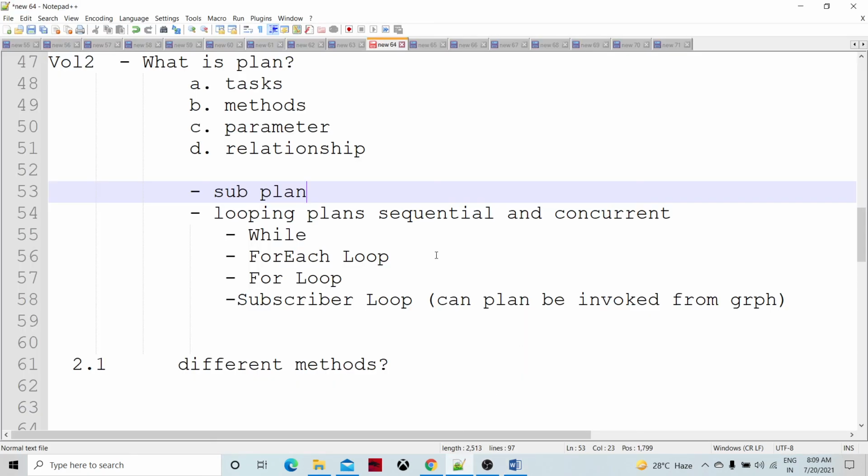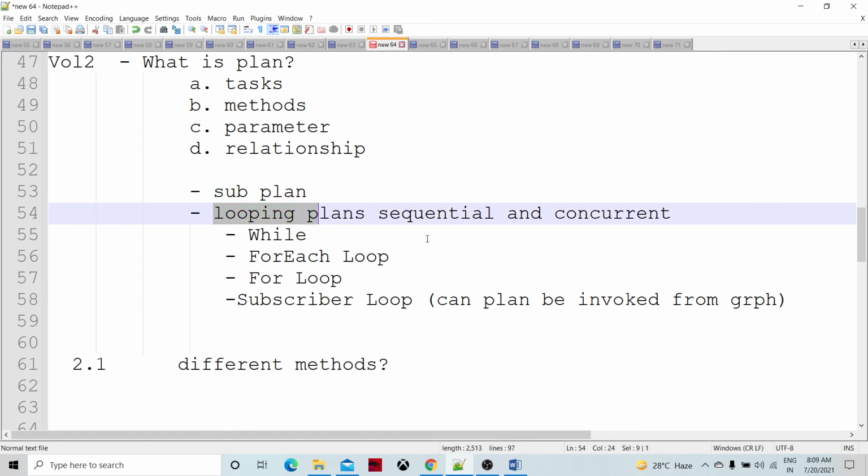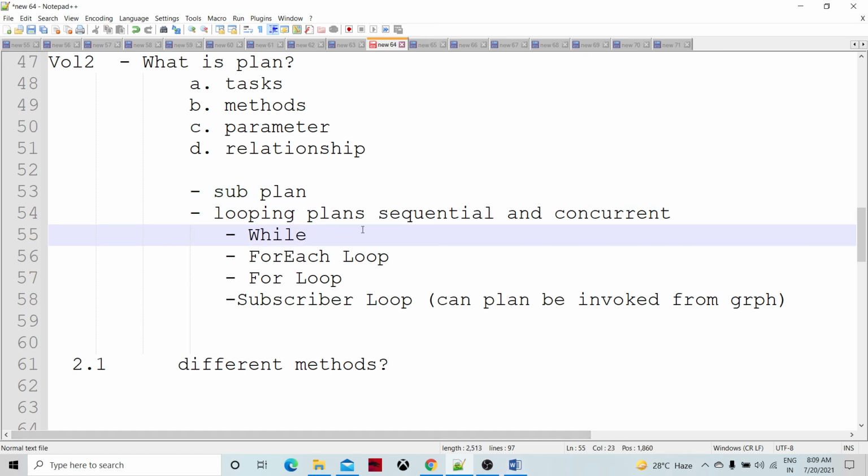That is called a subplan. So looping plans, and sequential and concurrent plans. As part of subplans, we can make them execute in different kinds of loops. There could be a while loop, a for each loop, and a for loop. So let's talk about the differences between these loops.